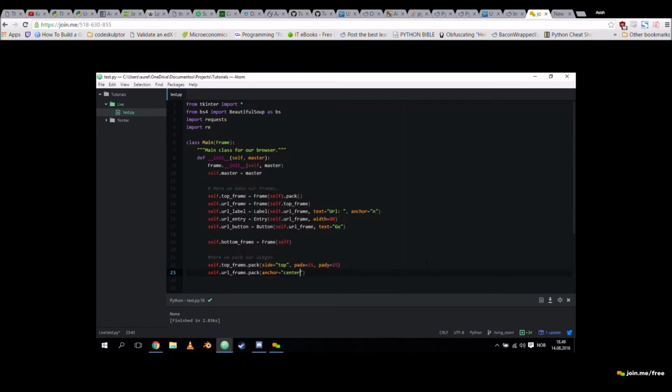So here I'm using the anchor tag to pack it. Some people get confused with the difference between side and anchor. Side means take the side of the parent, but anchor means move it to this side or center of where you already are, right? If that makes any sense. So it's essentially dividing intersections, and the anchor is a coordinate within that section.